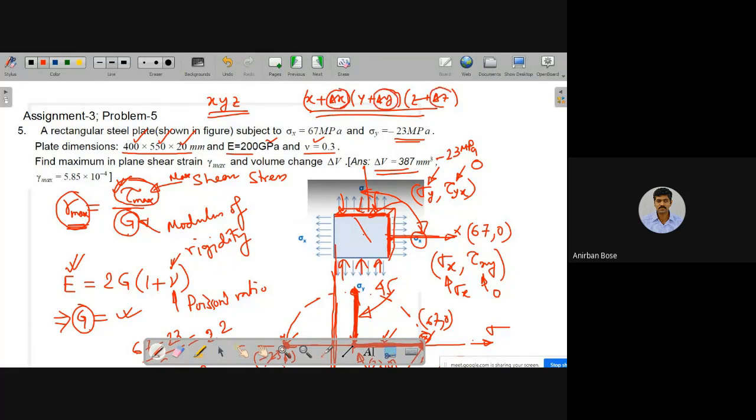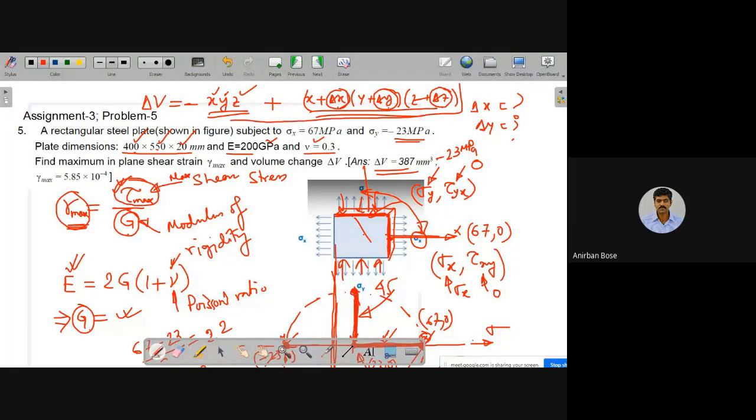To find out the elongation in the x, the elongation in the y, or the elongation in the z, you have to now work out. So what is delta x, that you want to know. What is delta y, that you want to know. Because x, y, z, these quantities are given in the problem, right? So how can we find out delta x, delta y, and delta z, so that we will be able to find out the volume change, right? So the volume change will be minus of this, plus of this. This is the change of volume.